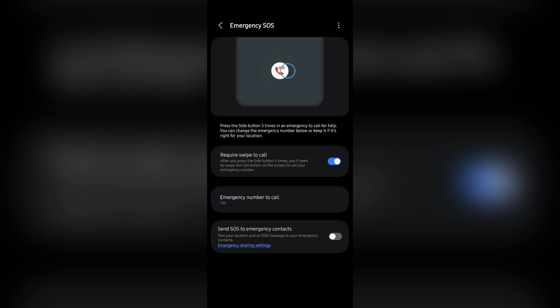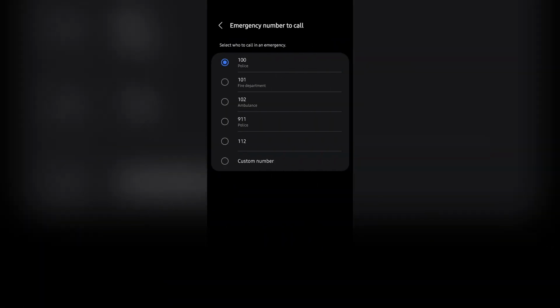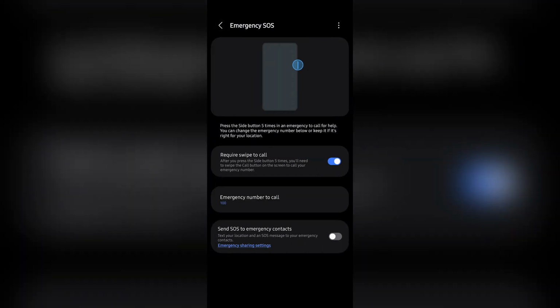Now, in order to customize or set up this feature, you just simply need to select all of these options and go into it one by one. You can set up the emergency number to call whenever there is emergency. You can set up this call numbers and customize it from here, and you can also change the method or